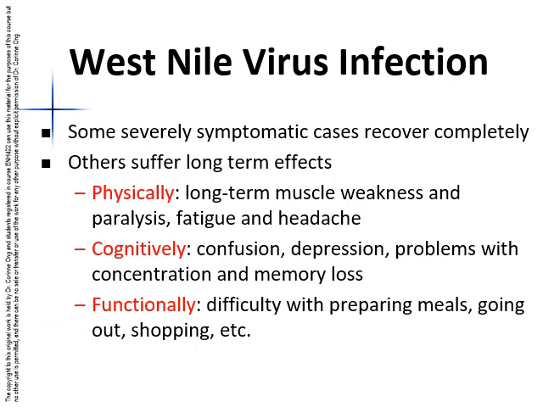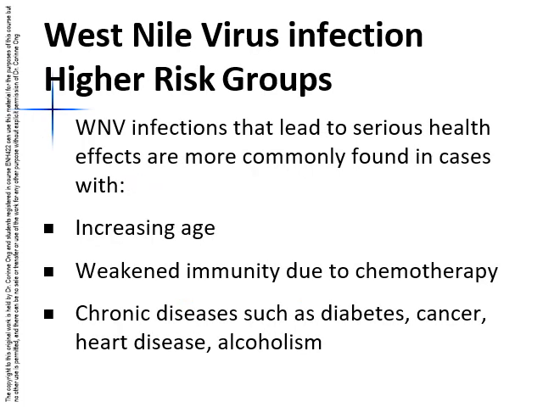Some severely symptomatic cases recover completely. However, others suffer long-term effects which may be physical, such as long-term muscle weakness and paralysis, fatigue and headaches. Cognitive problems with confusion, depression, problems with concentration, and memory loss may also be present, as well as functional disabilities with difficulty preparing meals or going out or shopping. West Nile virus infections that lead to serious health effects are more commonly found in certain higher risk groups, such as cases with increasing age or weakened immunity due to chemotherapy or chronic diseases such as diabetes, cancer, heart disease,